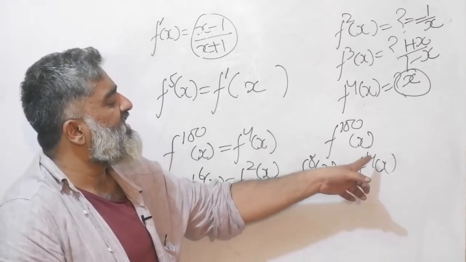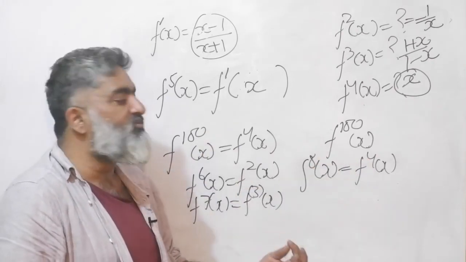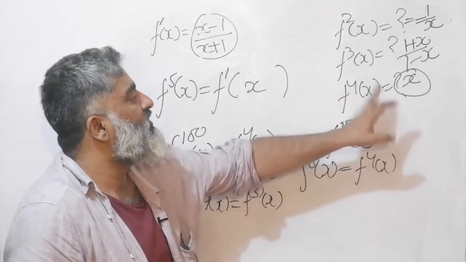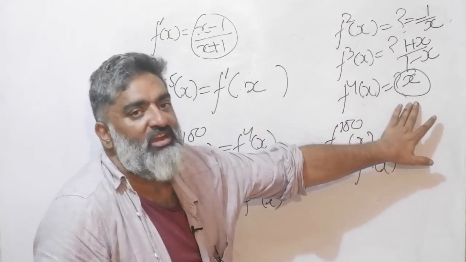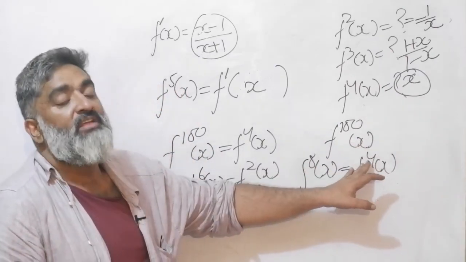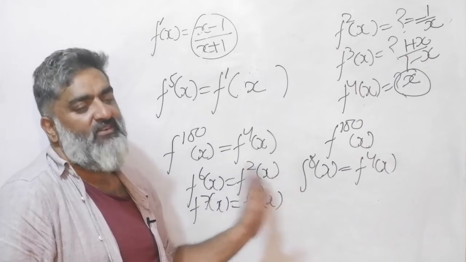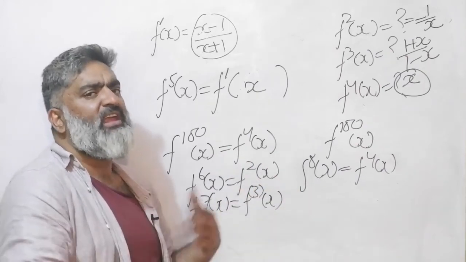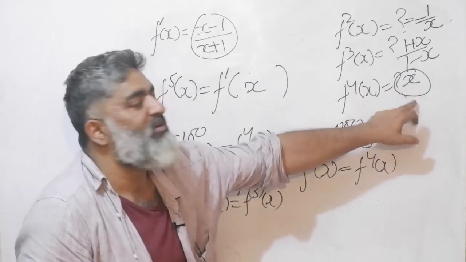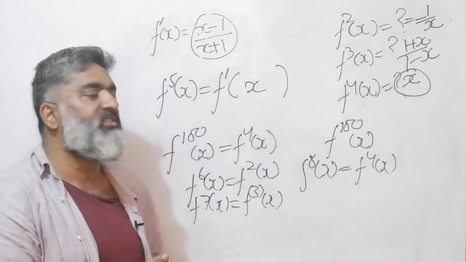Or you can also see that if you want to go slowly and more manually, say you have not done cyclicity, at f4 you get the function value as x. And I'm now realizing f8 is the same as f4. That means f12 will be the same as f8 or f4. That means I'm looking at multiples of 4. As long as I'm at a multiple of 4, I'll keep getting the value as x only. So that could be the other way of thinking, right?